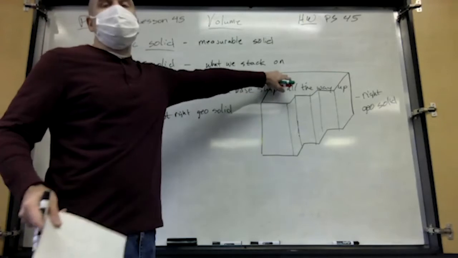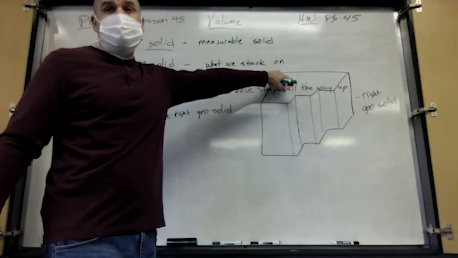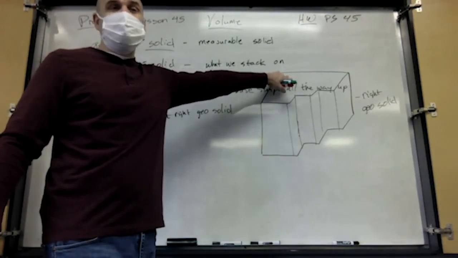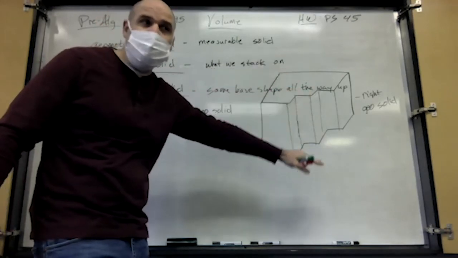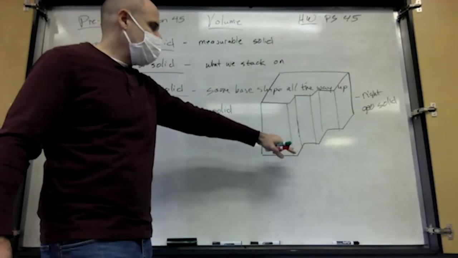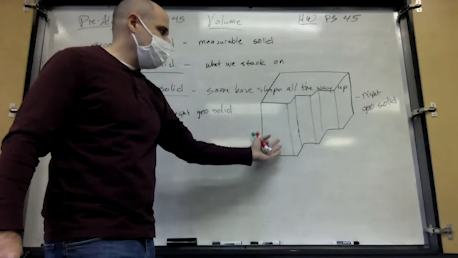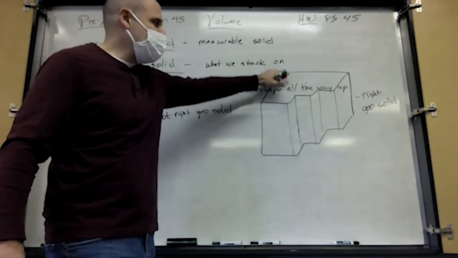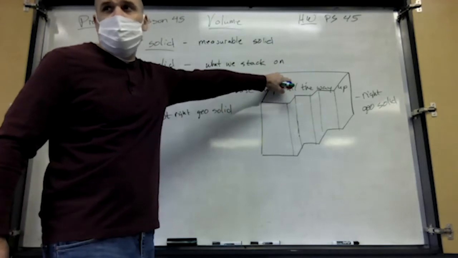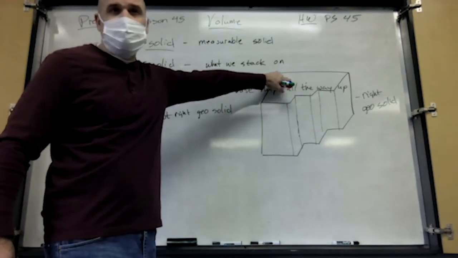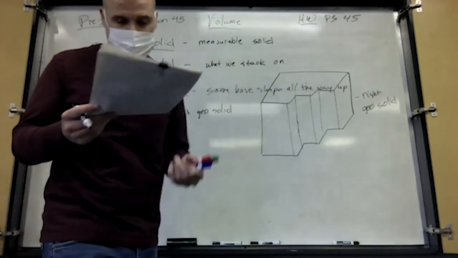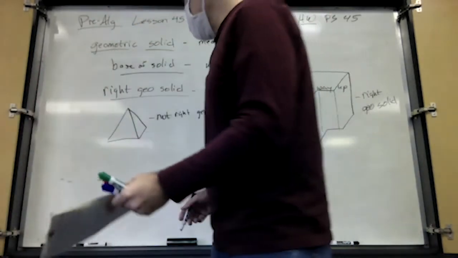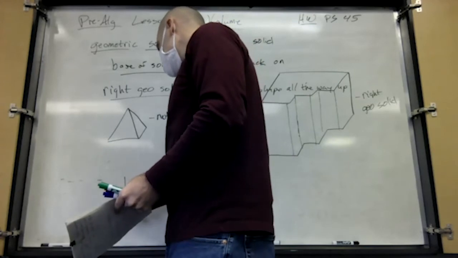This is actually called the base as well. So the base doesn't need to be visibly on the bottom. The base is the whole shape all the way up. If I said bottom, then I'm talking about that. But the base is this shape, because the base is just the shape of the bottom. It's not the bottom necessarily. So for example, if I had an object like this,